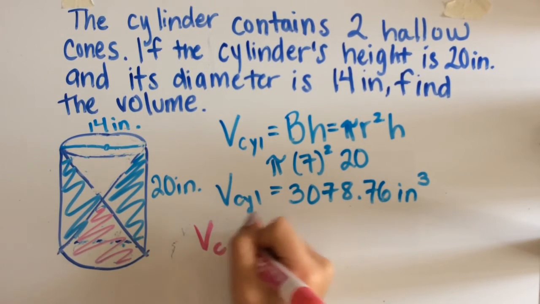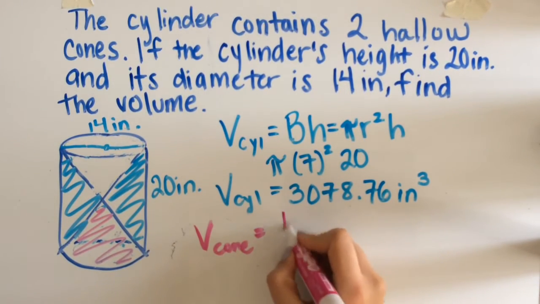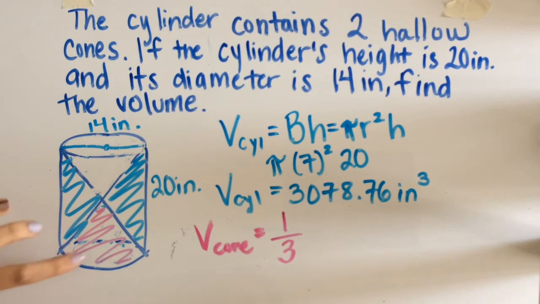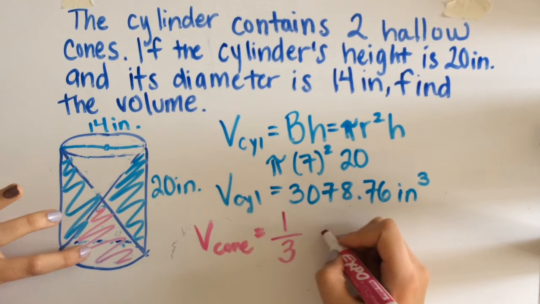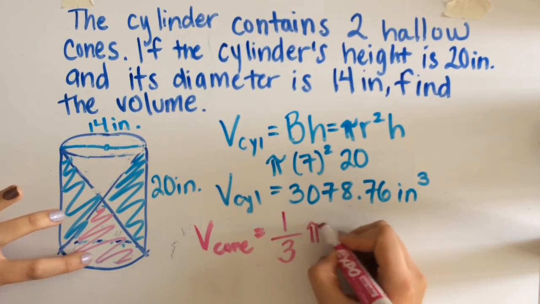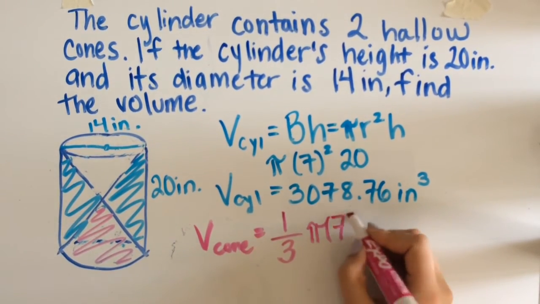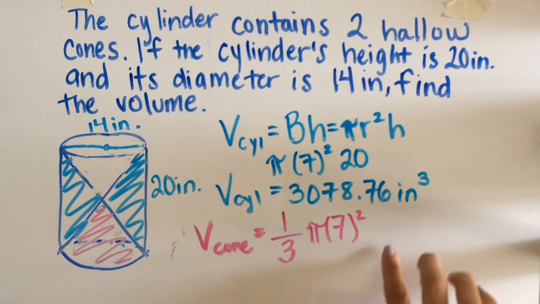So the volume of a cone equals 1/3 times pi r squared, which is big B, right? The area of the base, pi, times the radius. We already found that the radius was 7 squared,